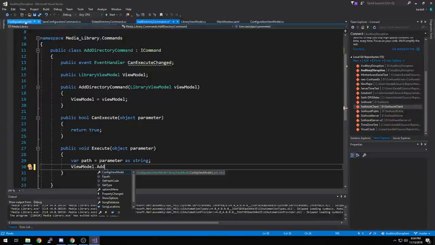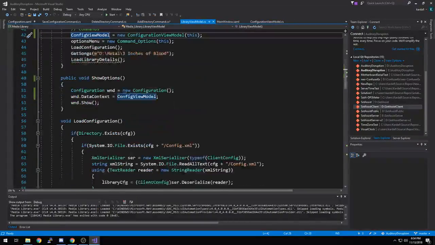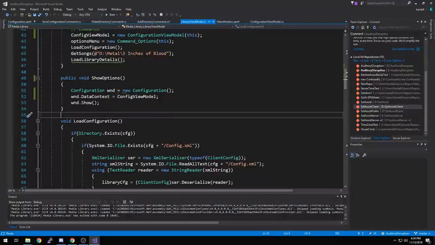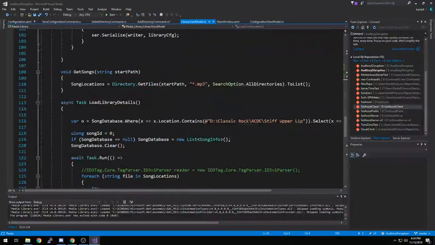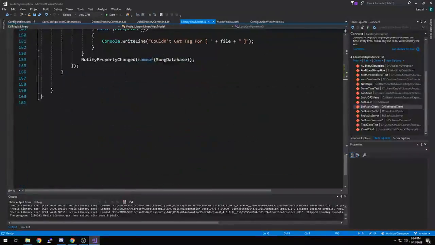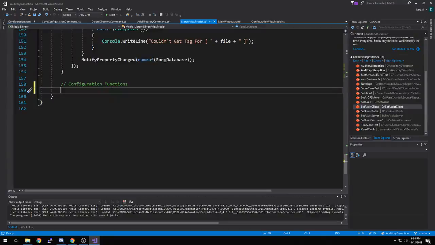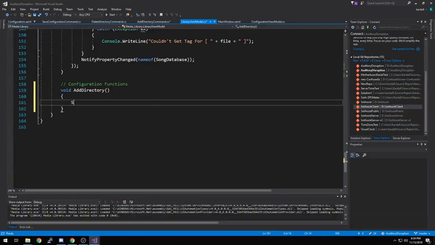And okay, so now I want to add this here. I want a void add directory, and we're going to go show